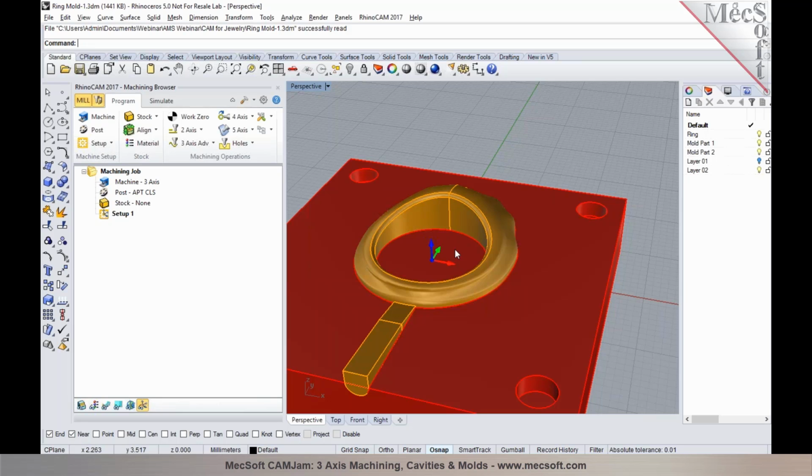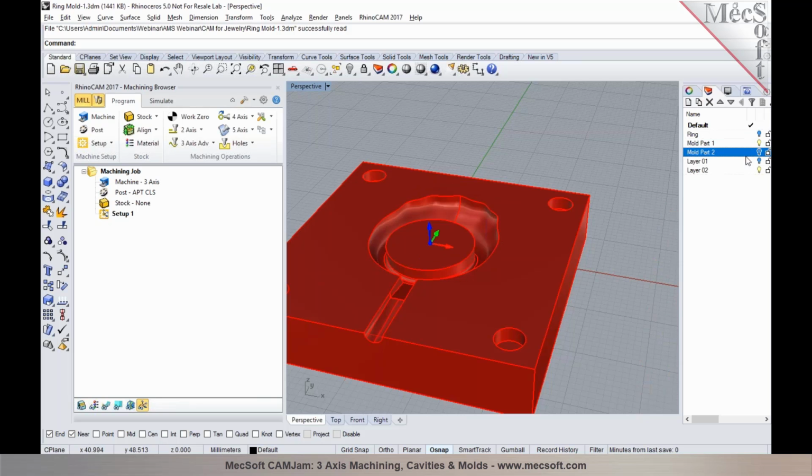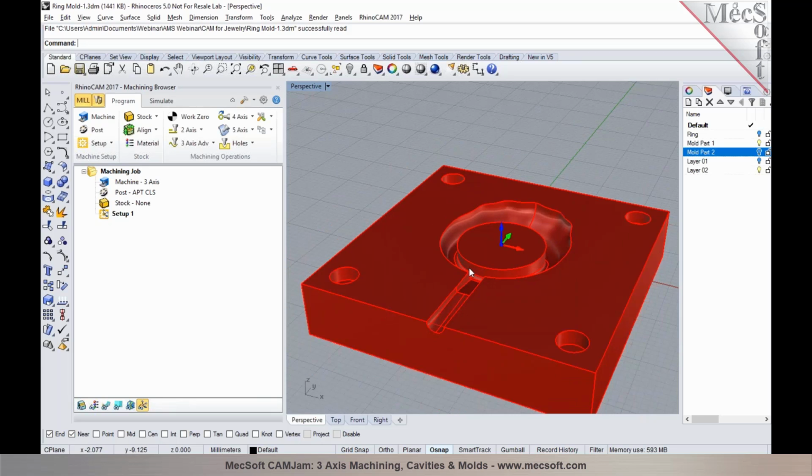This could be done in Rhino. You could be doing it in SolidWorks. You can create these designs using any CAD system of your choice, and then import those designs into it. So I actually have the ring model and also the actual mold halves. I'm going to go ahead and hide these in the layers. So we'll focus on programming one half of the